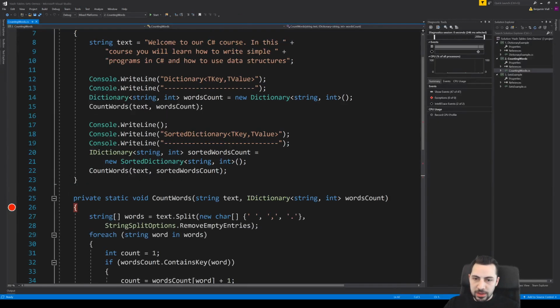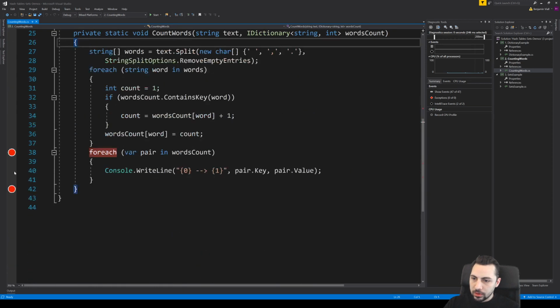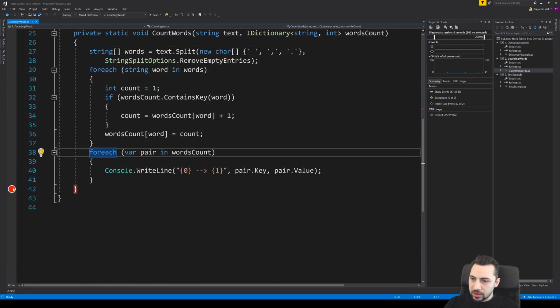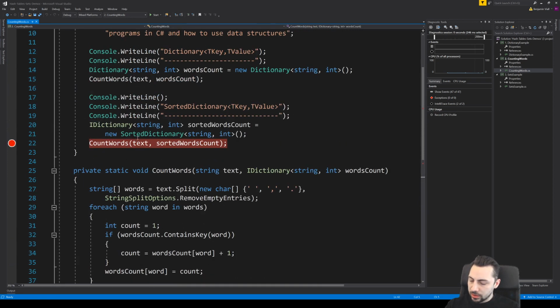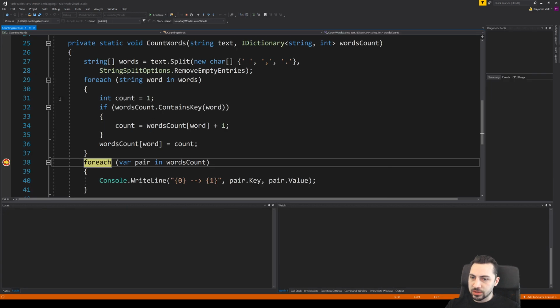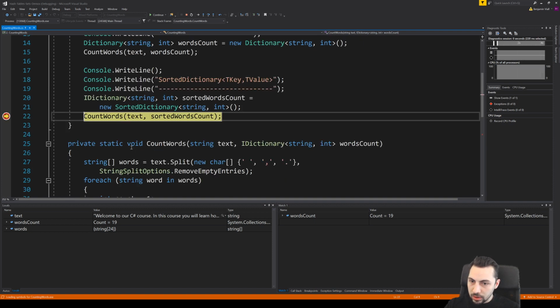So that is going to be contrasted now with a sorted dictionary. Get rid of some of these items here. So I'm going to run this. It will have already printed out everything we needed to know about a, where did it go? Don't have my thing open yet.